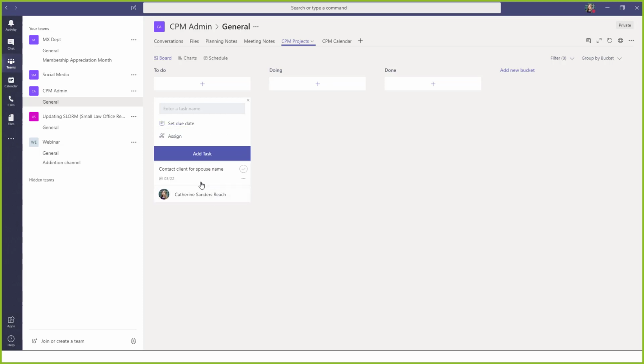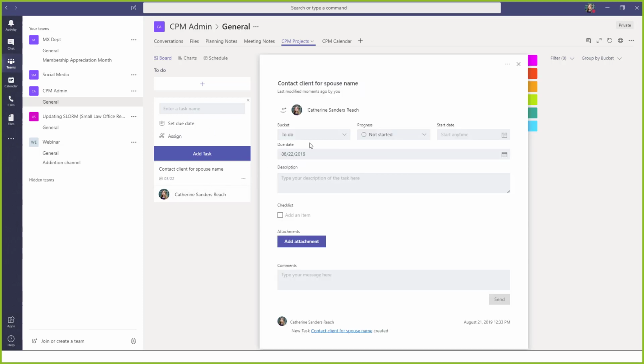add task. Now your task is here, and you have a new kind of card. This is what they're called, cards. If I click on into this card now, I can actually add some more stuff. I can change it from to do to doing. I can change the progress to in progress. I can add a start date. Obviously, I always feel like I'm either doing it or I'm done with it. I don't necessarily always put a start date. Descriptions, you can add checklist. So if I want to add a checklist,